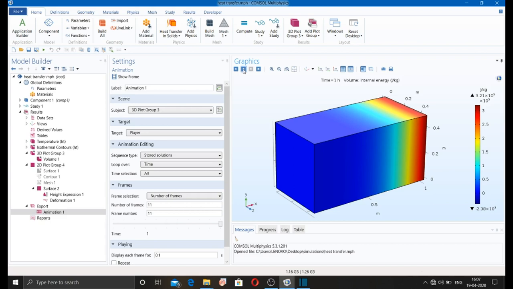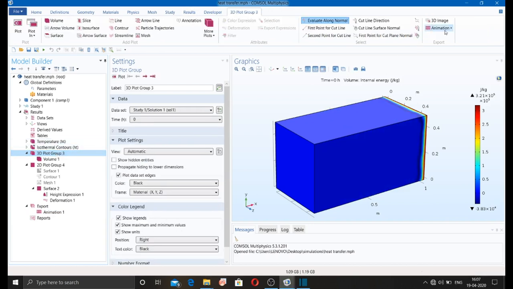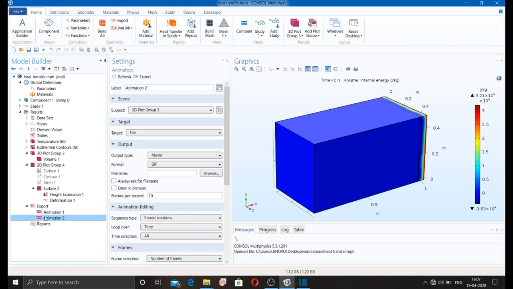If you want to export this, for that you have to go, wait, you have to go there, animation and file. So this file can be exported, and this animation has been exported in your laptop or system.